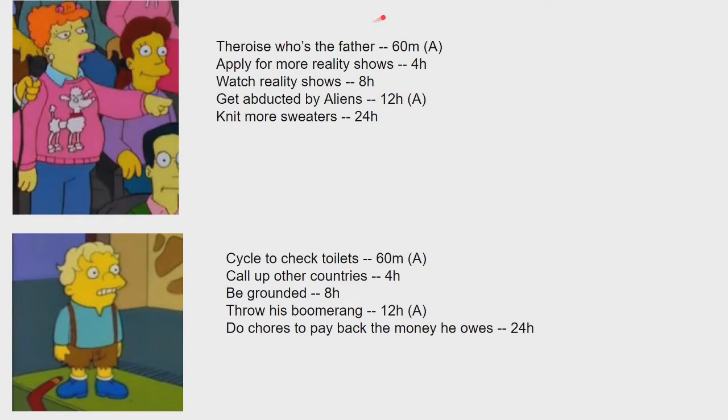So we've got some tasks and animations. For Ginger McPoodle, or whatever I called her, Poodleberg, we've got Theorize Who's the Father for 60 minutes. So this will be her with a little whiteboard, and she'll have a picture of, I don't know,